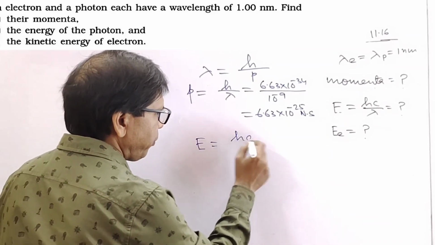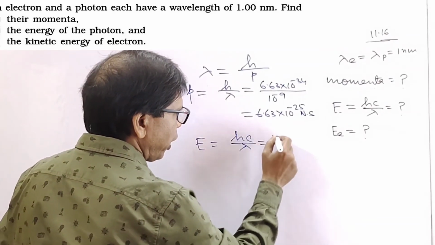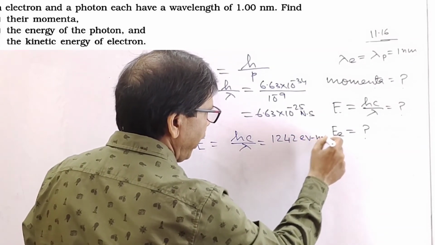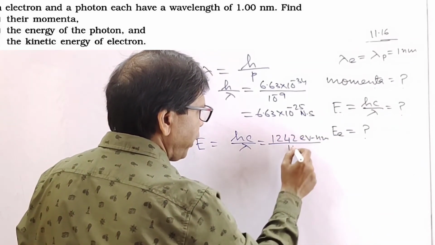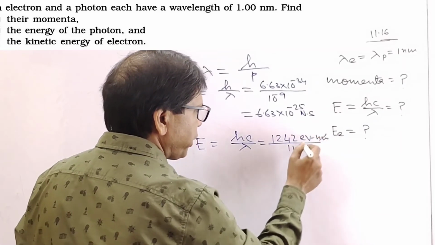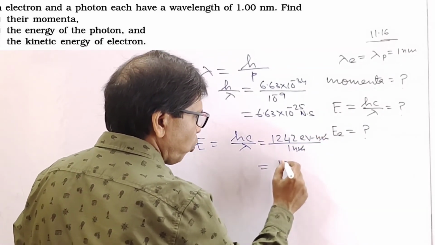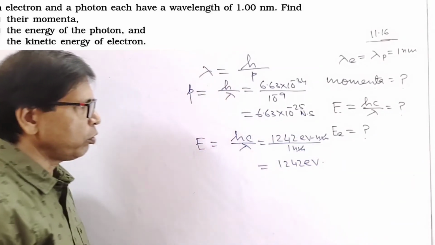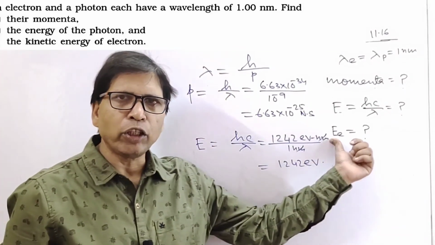Now the energy of photon, here lambda is given, so the energy of photon is hc by lambda. Now hc is 1242 eV nanometer, and lambda is 1 nanometer, therefore nanometer cancels out, therefore 1242 electron volt is the energy of photon. Now the kinetic energy of